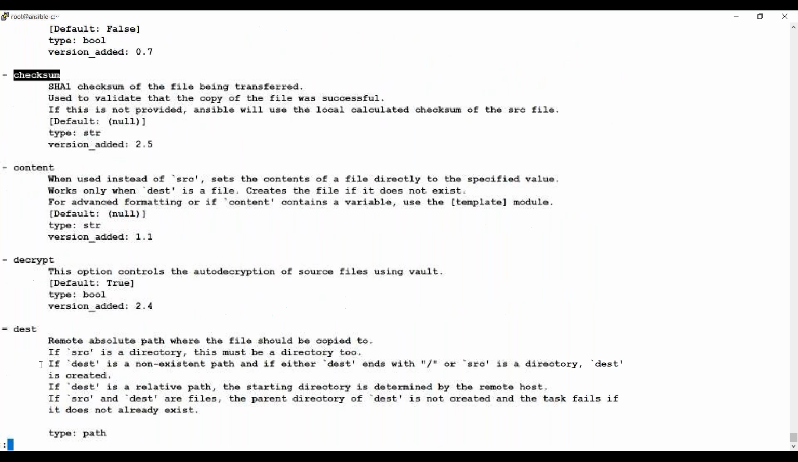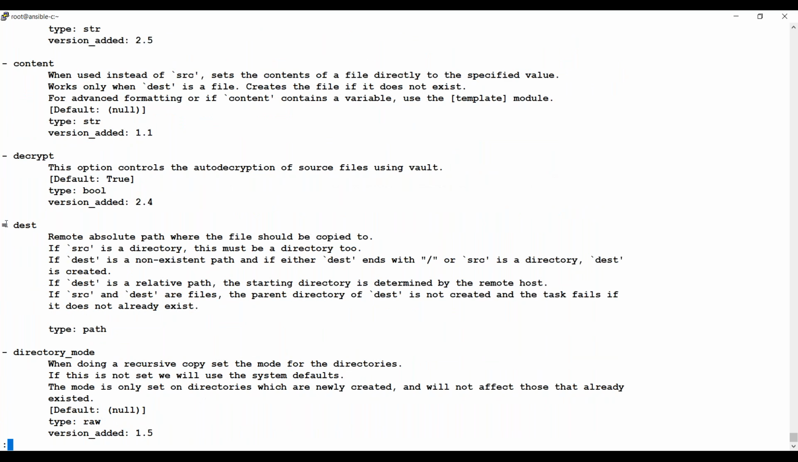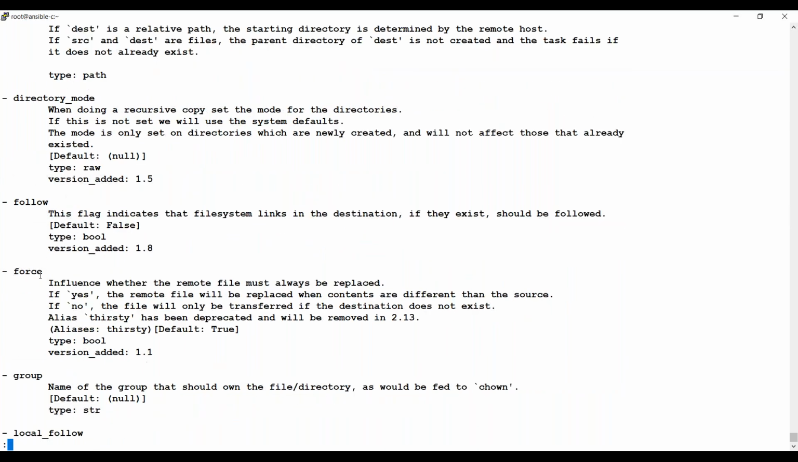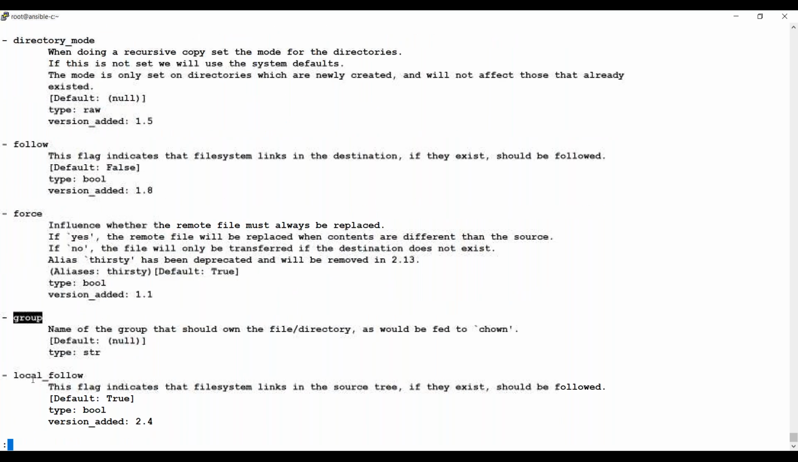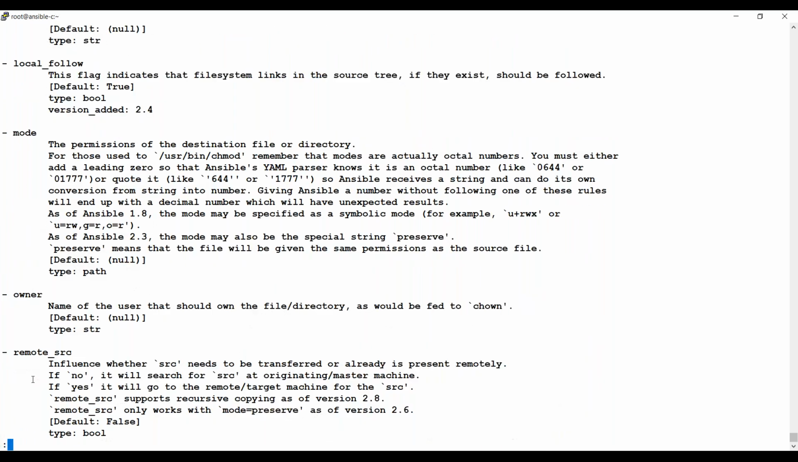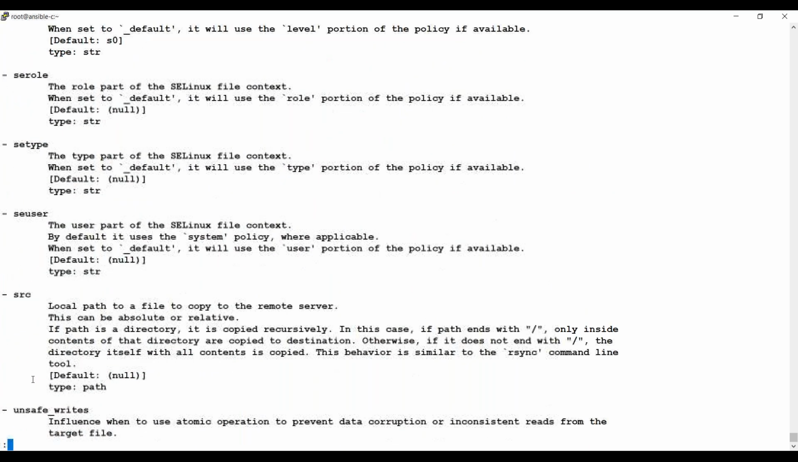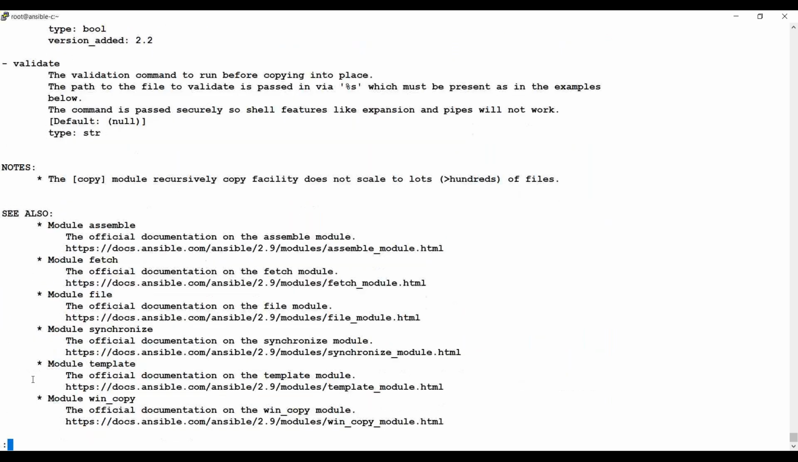Same way you can go with content decrypt. C equals to destination. So all are optionals, but destination is mandatory. Same way if you go below, you have force. You can change group name on the file. Many options are there. The most important thing is simply go to bottom of this explanation and you will get